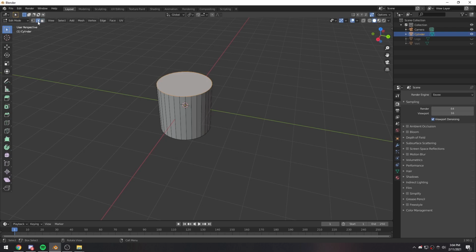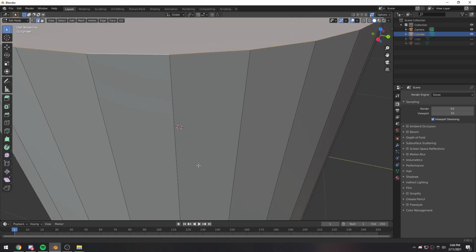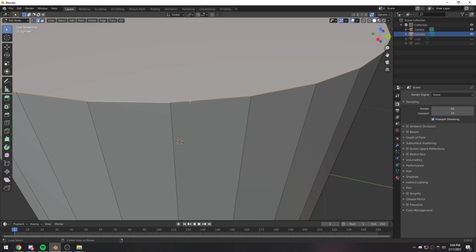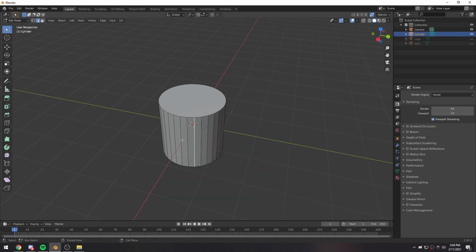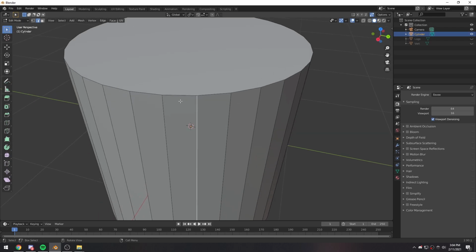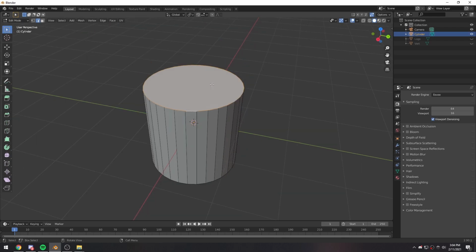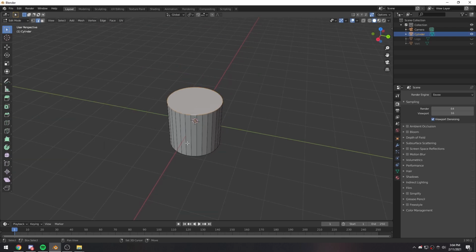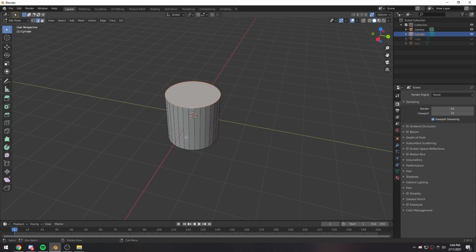But I like to do it with the edge select tool. So hold down Alt and click on this. Don't click on this because it's going to just select the single one. Click on these ones. There we go. So you have the top selected. What you can do is you can